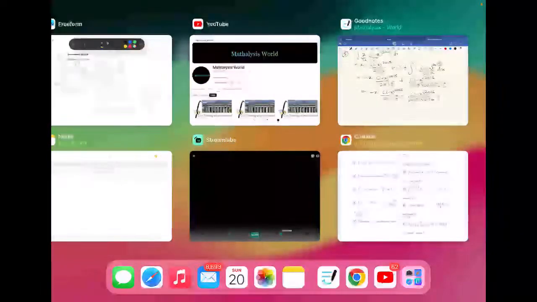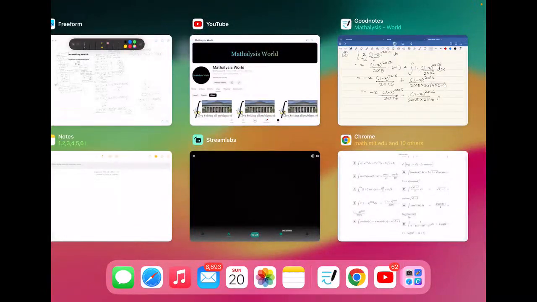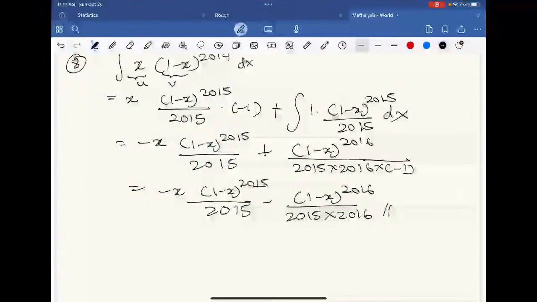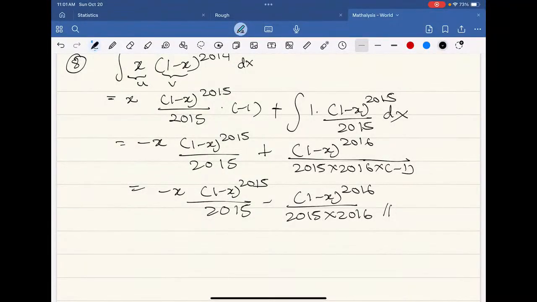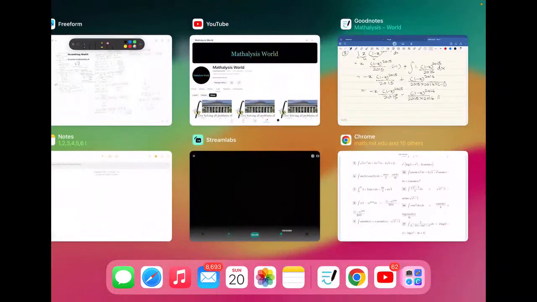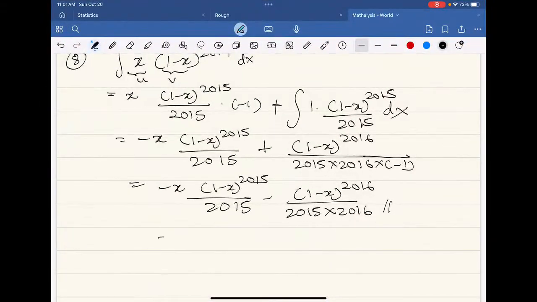Okay, now I think the answer is slightly different, so let's try to see if we can get that answer. Now for that, in the answer there's really no negative x. So what we can do is take 1 minus x to the power 2015 by 2015 common with a negative sign. If we do that,